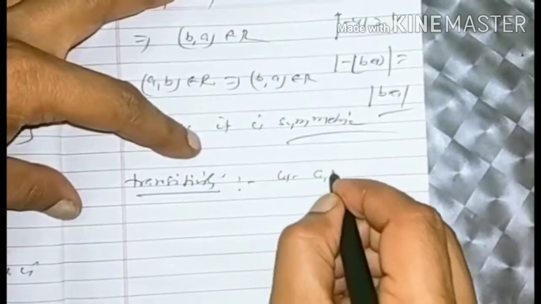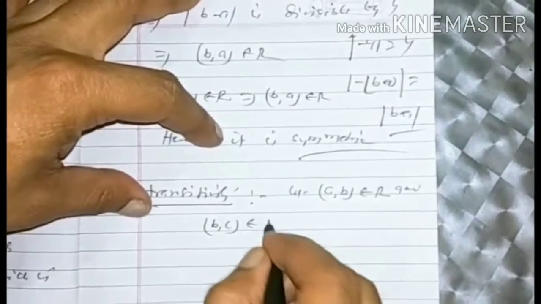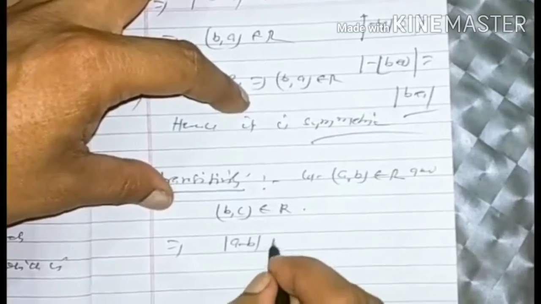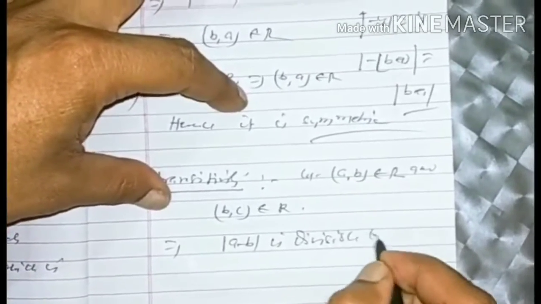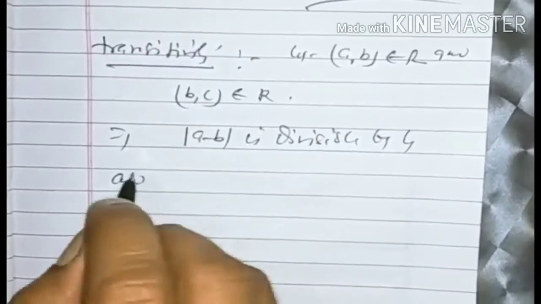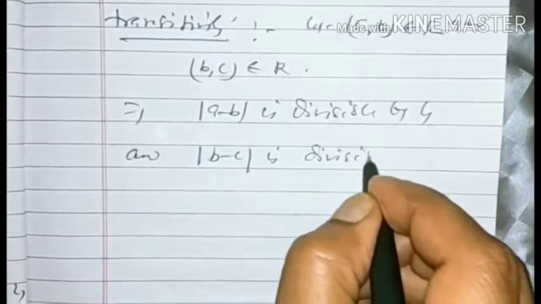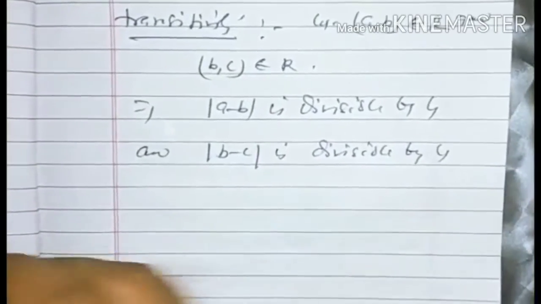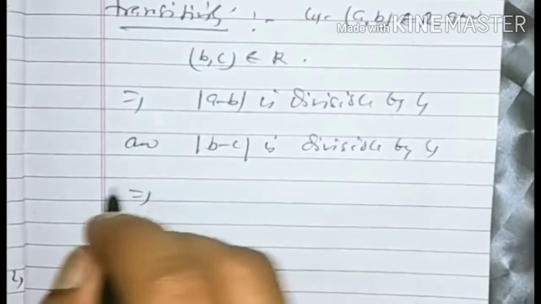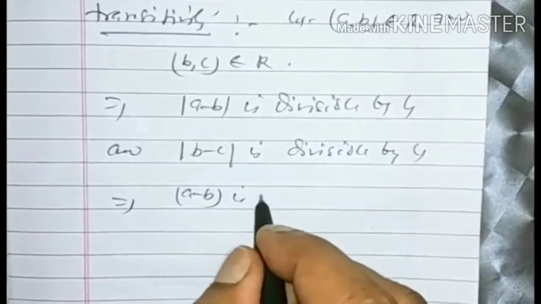Let the ordered pairs (a, b) belong to R and (b, c) belong to R. This means the magnitude of a minus b is divisible by 4, and the magnitude of b minus c is also divisible by 4, and this implies a minus b is divisible by 4